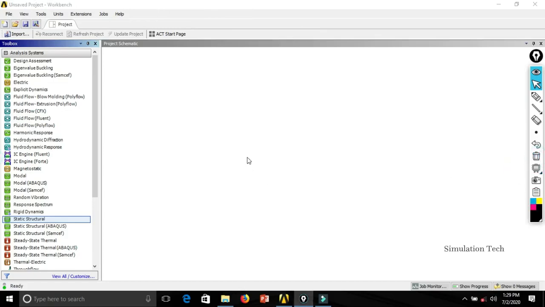Before getting into the real topic, you need to understand how CAE software actually works. It's not only for ANSYS. We have a lot of CAE software: ANSYS, Hypermesh, LS-DYNA, and Altair, and Hypermesh. Those are also CAE software.